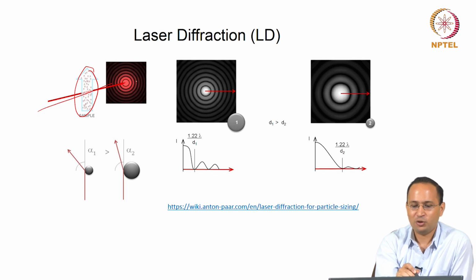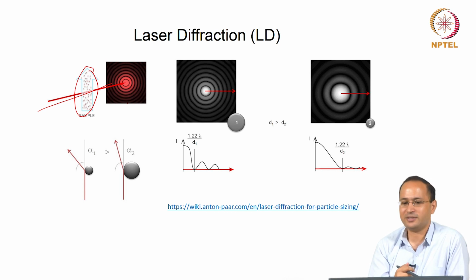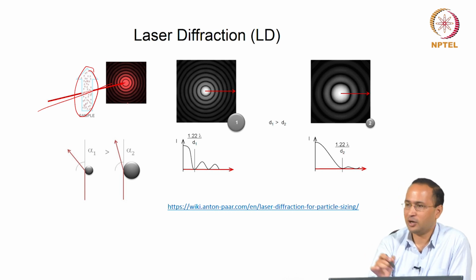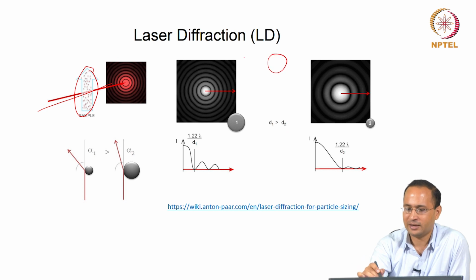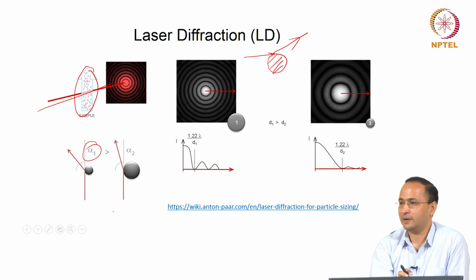So, this is a schematic, you can see here you have a sample and you have a laser, right. So, you see this diffraction pattern, again the principle is the same, when you have a constructive interference you have a diffraction. In this case we are talking about edges, so you have this particle, right. So, it is shown here, but see the difference when you have two different sizes, small versus big. Alpha 1 in the case of small is greater than alpha 2 in the case of big, right. So, there is a difference in the diffraction angle, right,